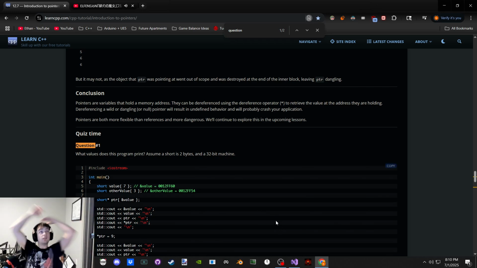So, what is this? An example where we have a regular integer, we print the value, and then we have a reference to it, an L-value reference, and then a pointer to it, and then we dereference the pointer to change the value at the address the pointer is pointing at, or at the address the pointer variable is holding, because the pointer is an object, thus it's a variable because it's named.